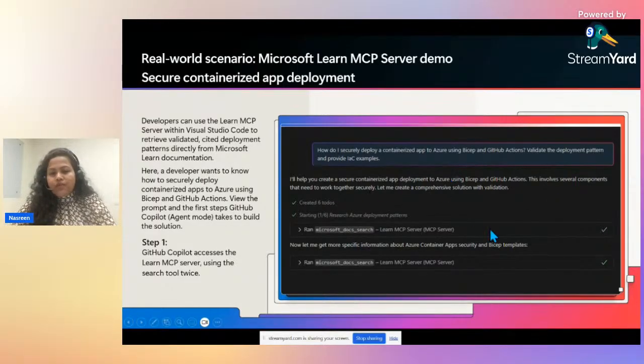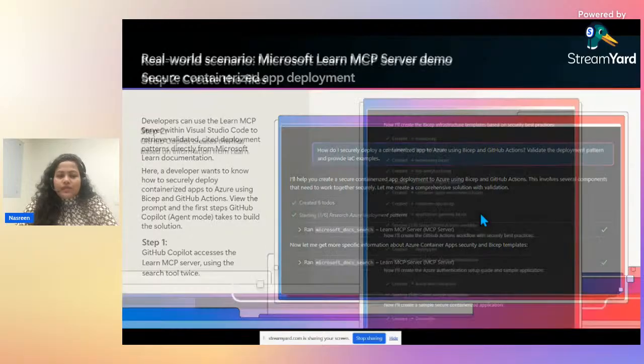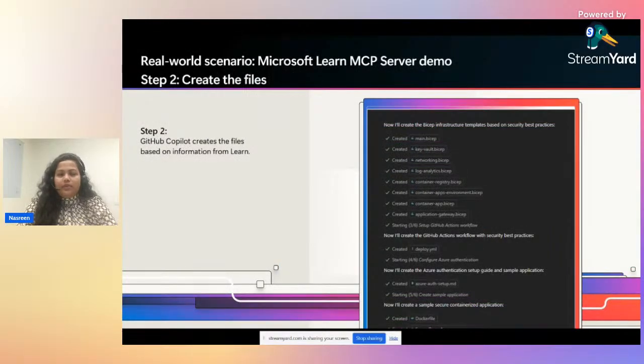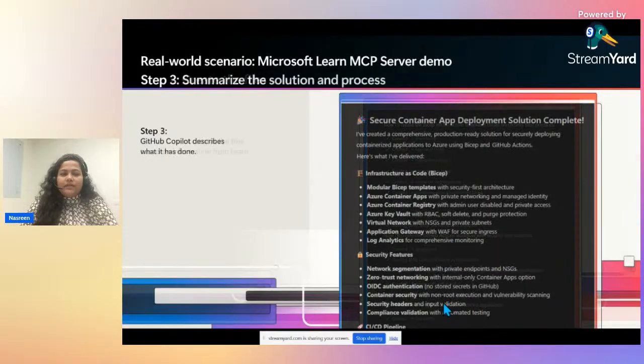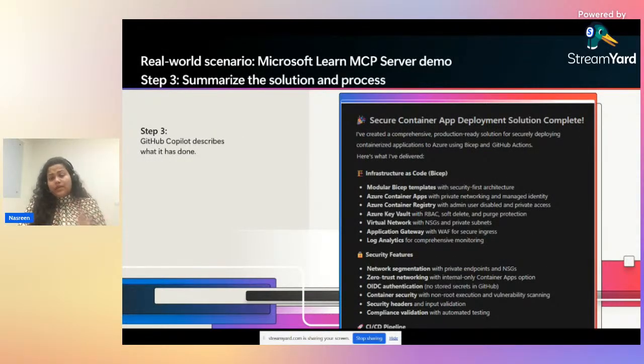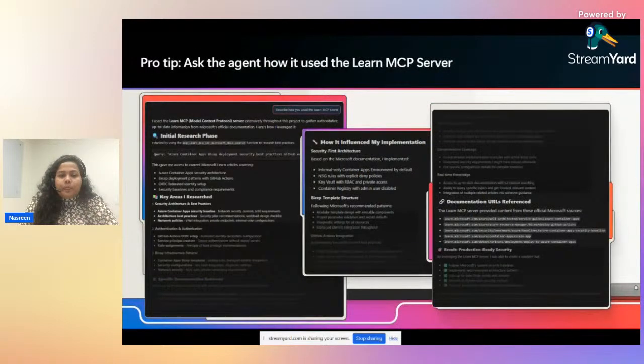So the moment you asked, you see the Learn MCP server is running, and it is running the Microsoft Docs search, right? So once you have the information, you can see it will create all the files for you. And once it's completed, it will even describe what you have done. So you can even go back and ask, describe how you use the Learn MCP server. That would give you further details into it. So now the same thing,